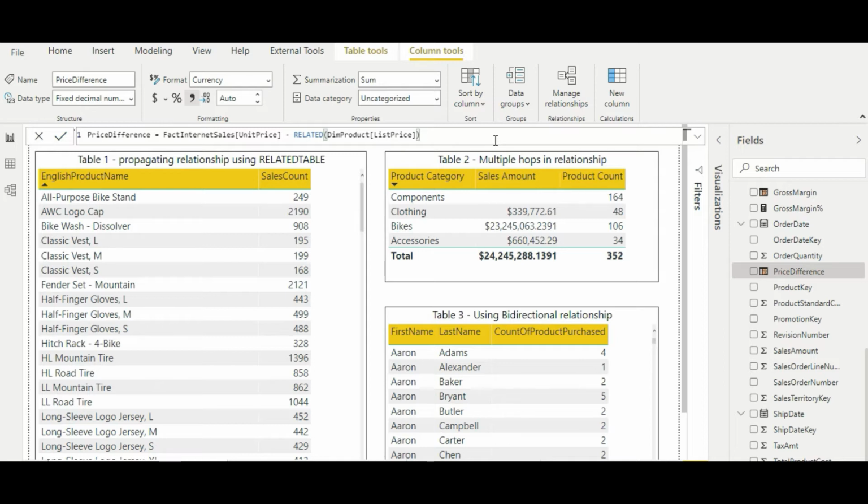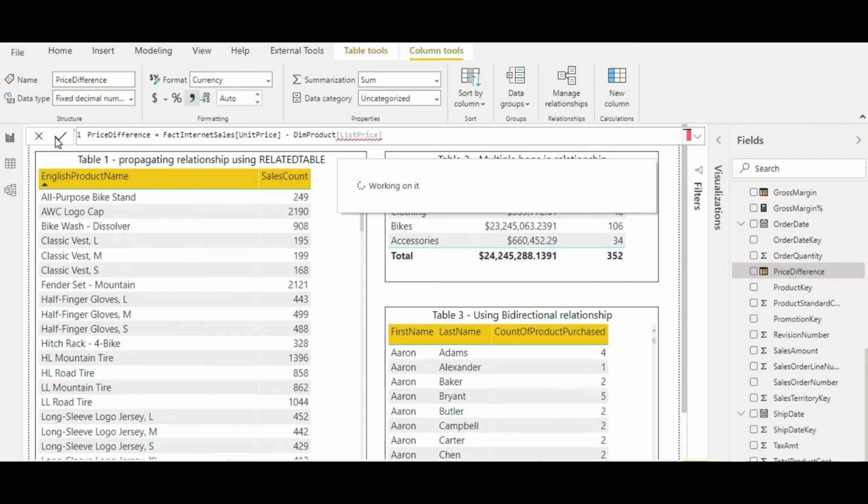Now, as you know, there is a one-to-many relationship between the dim product table and the fact internet sales table. So in order to access the values from the one side while on the many side, I have to use the RELATED function. We have seen this in the RELATED and RELATEDTABLE function demo also. If you just remove this RELATED function, it will not allow you to access the column from the other table.